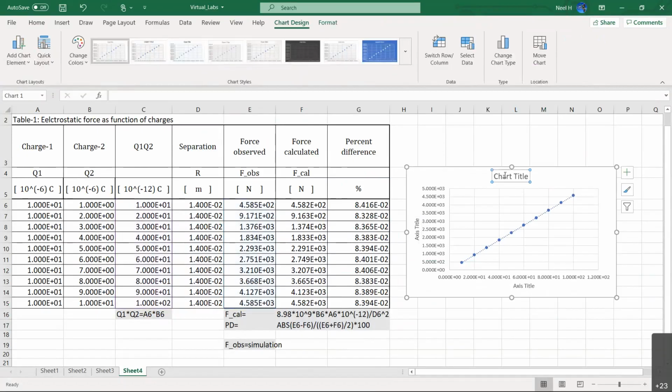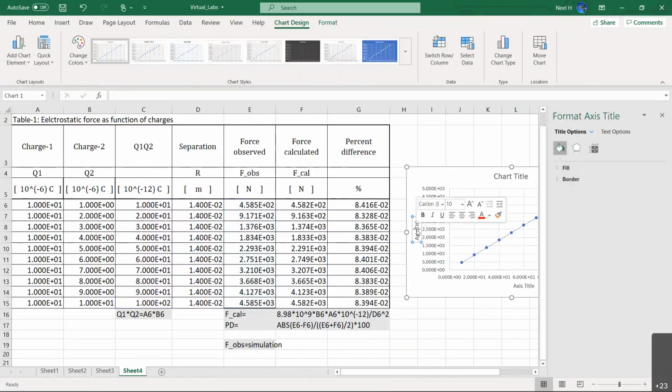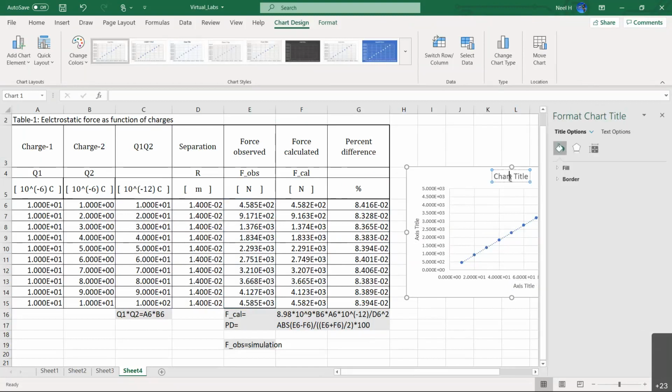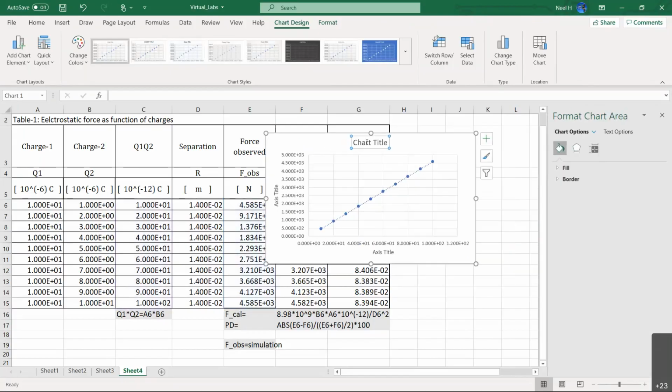Okay, you have to name this correctly. You have to put the right name here. I will leave it like that. You can do that later. Axis, you can name it. Just click here and then put the right axis name with the unit, and so on. Okay, let me do this only for one, but I am not going to do it for all the graphs. So let me do it for only this.